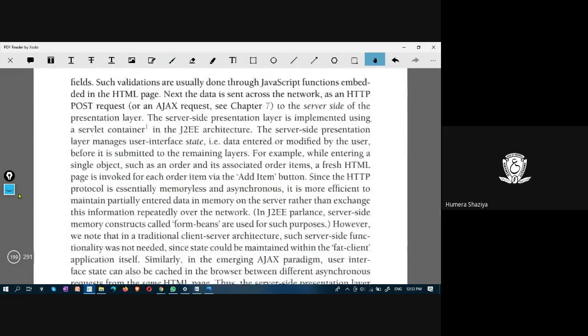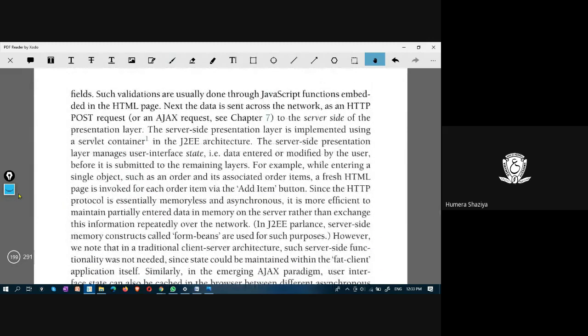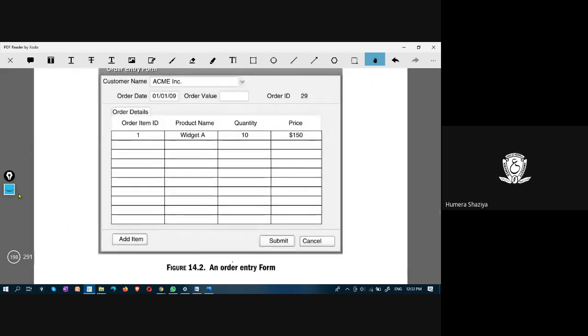All right. And then validations need to be done through JavaScript. Why do validations need to be done through JavaScript? Because while entering this form, if the operator enters a wrong order value, a negative order value, there cannot be a negative order value.